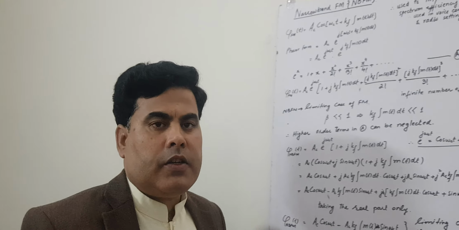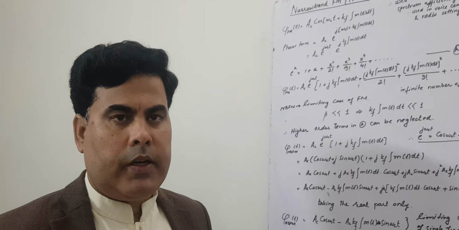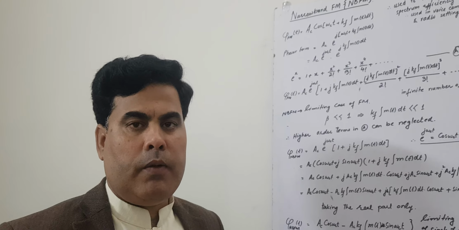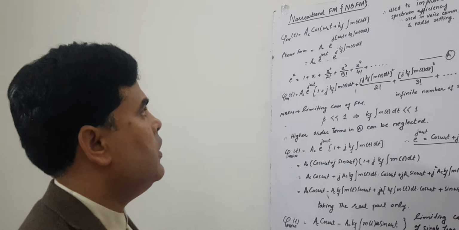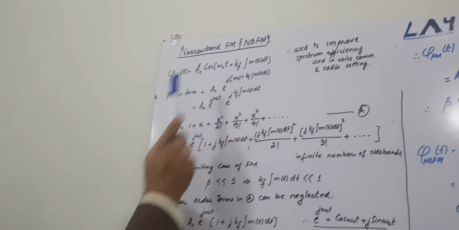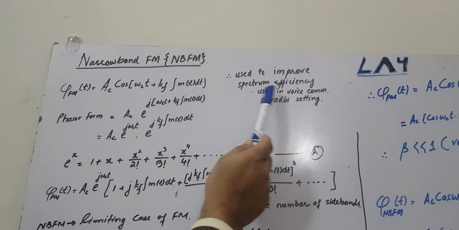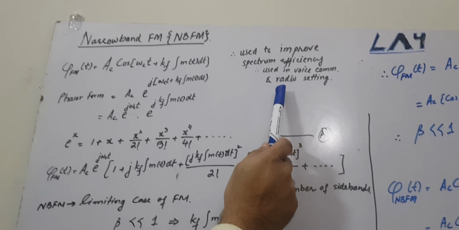We have already discussed frequency modulation and phase modulation in detail in our last lecture. So now we are discussing the limiting case of frequency modulation, which is known as narrowband frequency modulation. Narrowband FM is used to improve the spectrum efficiency, and it is also used in voice communication and radio